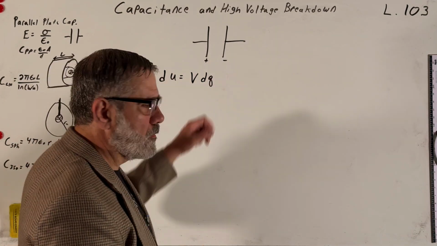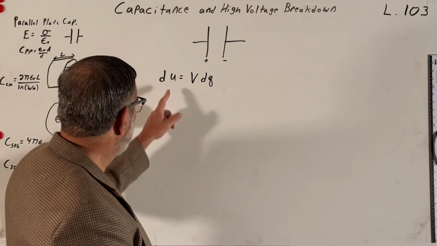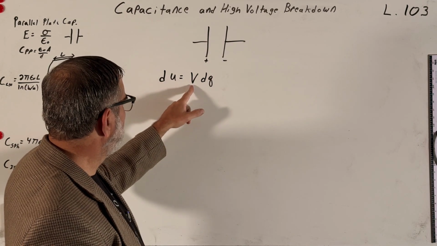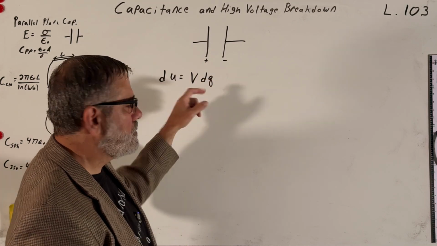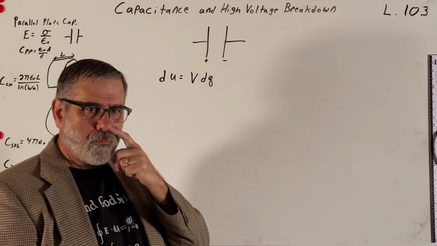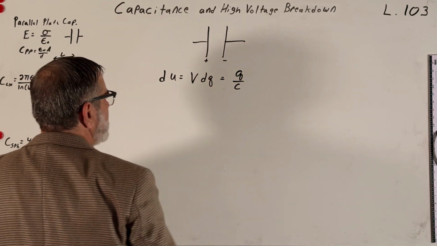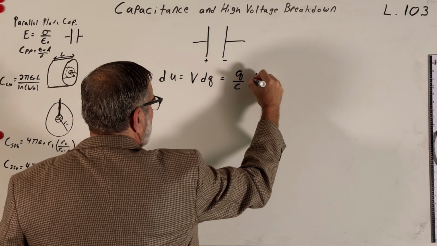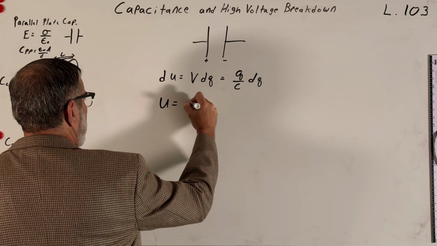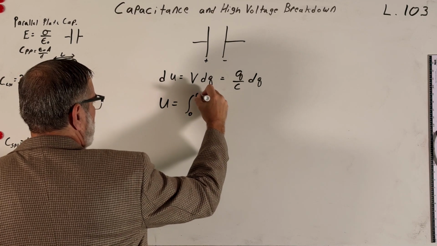The little amount of charge that we're transporting across, right? So the change in potential energy is equal to the voltage across these plates times how much charge we're transporting. But this we can express as Q, the charge, over the capacitance, and dQ again. So we can integrate this from 0 charge to as much charge as we're going to put